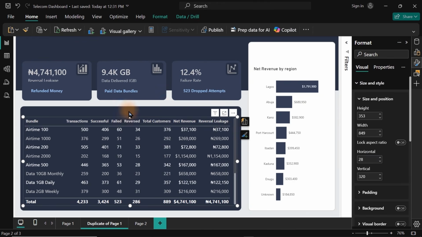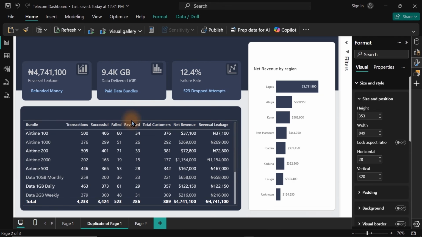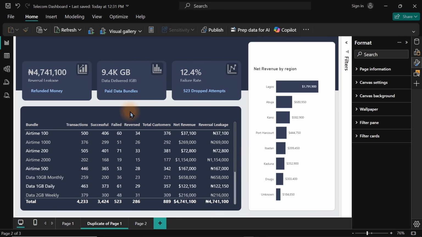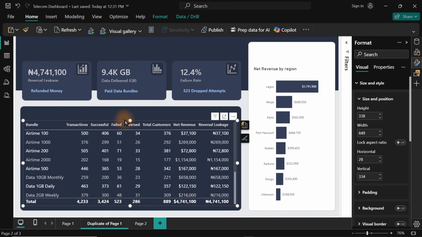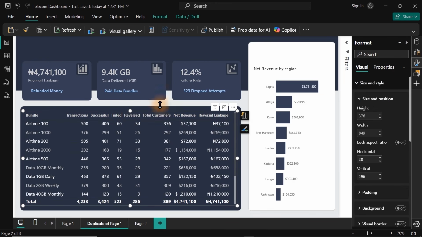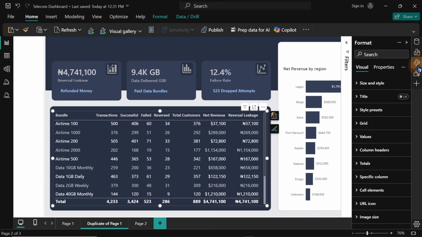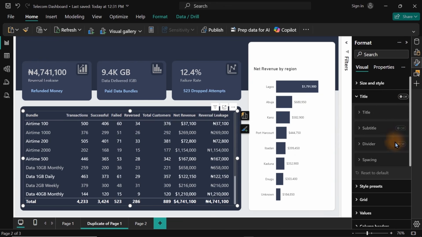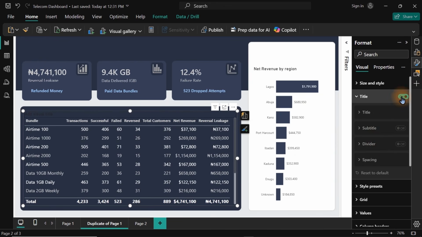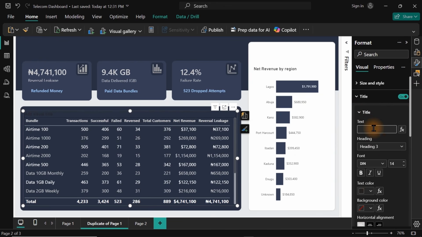So are we done? Not 100% done. Bring it down a little bit. What we want to have now is a title for our table. We can even bring it up here. Can we have a title? Let me find out if we can have a title and subtitle. We have title here. We have subtitle. Yes, of course. So the title of this table should be